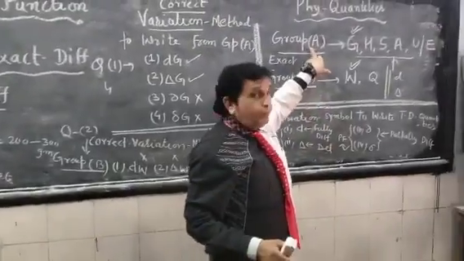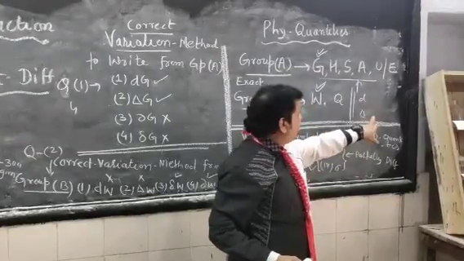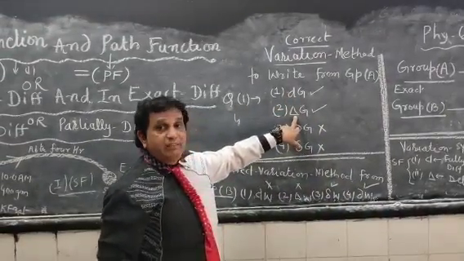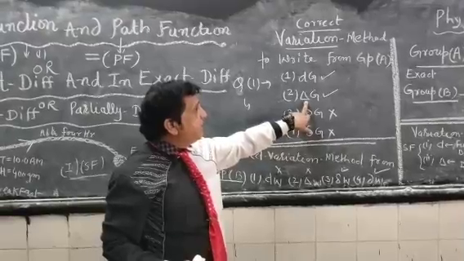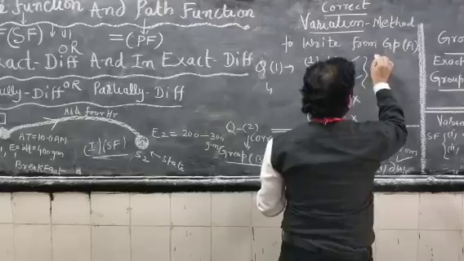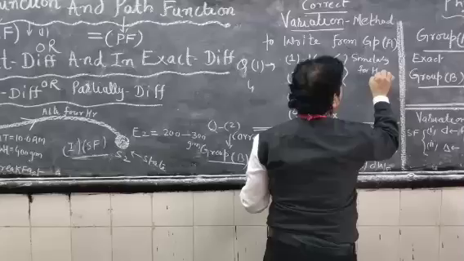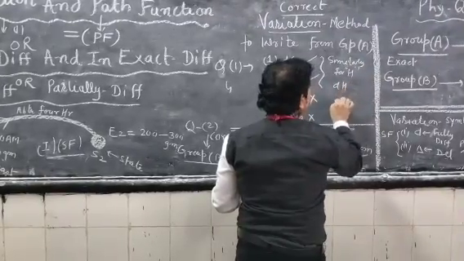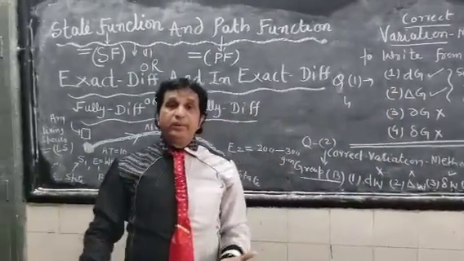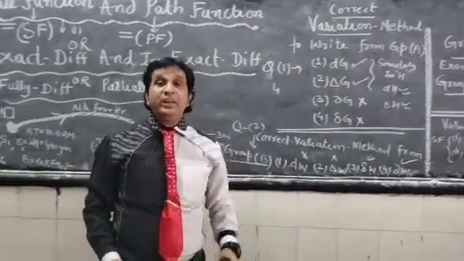In group A, their variation to write in method will be symbolized by D and del. Similarly, dG and delta G will be the correct answer here. Similarly, for enthalpy H, dH and del H will be the correct answer. These were the important information: their exact variation will be symbolized by dG and del G.